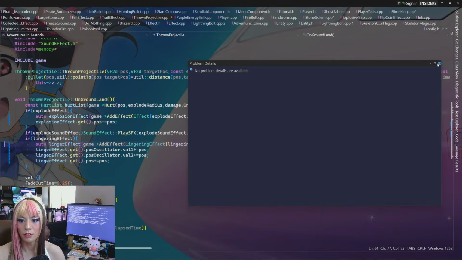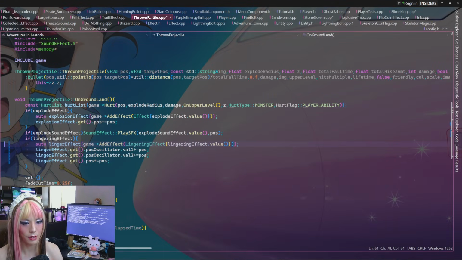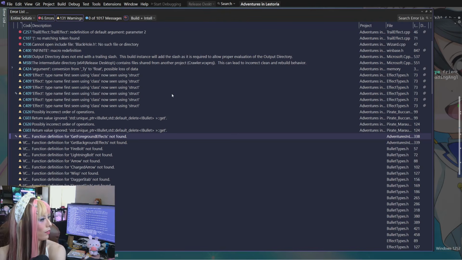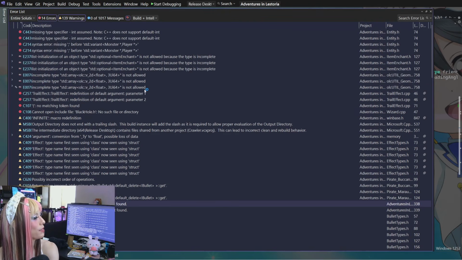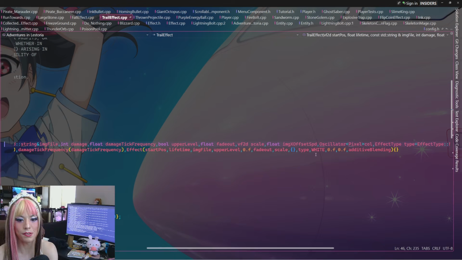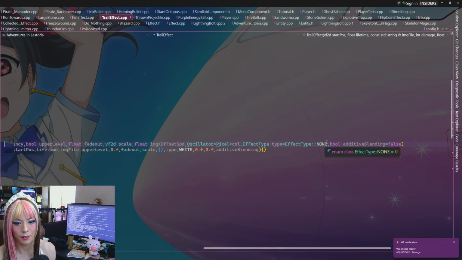Uh-oh. Oh yeah, that's definitely changed. Yeah, that's just a typo. Okay. No matching redefinition of default argument. It looks like I forgot to remove some defaults. They're in there. Yeah, I just didn't go far enough, I guess.